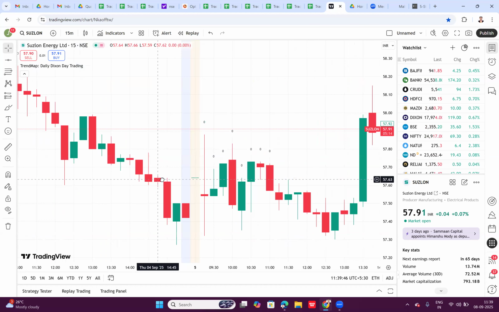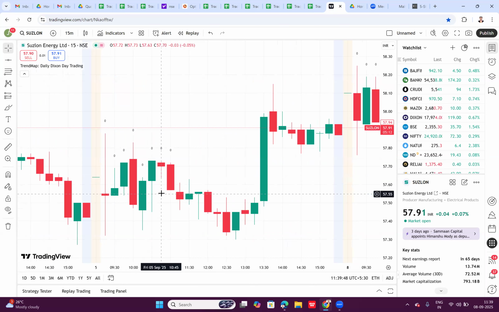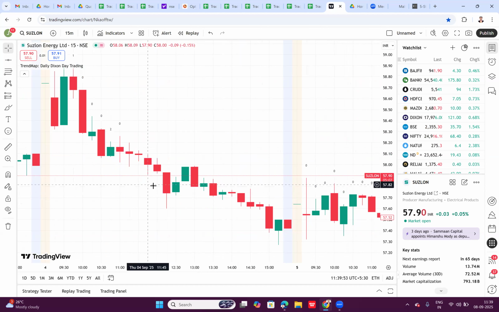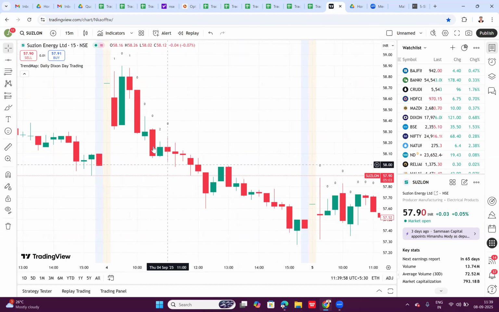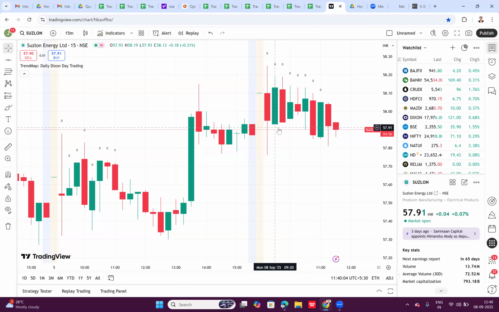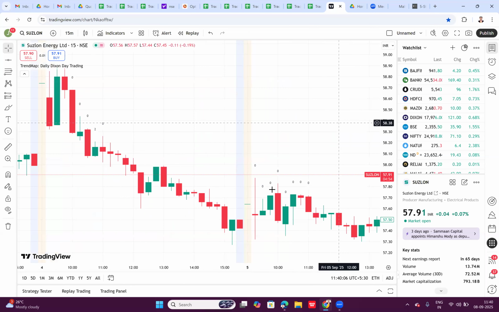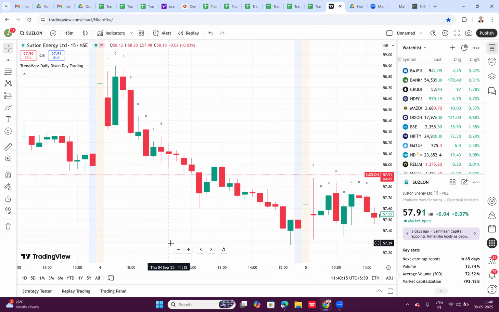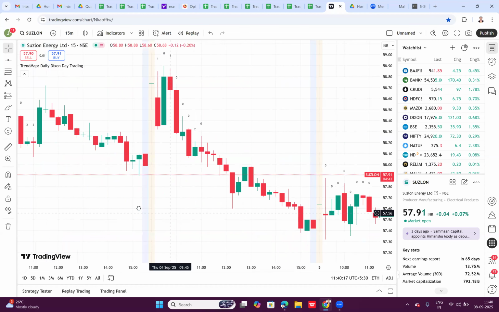Yesterday means Friday, right? On Friday also trade was not available. But on Thursday, we got a very good handsome trade in this Suzlon. Today, as per the rule of the Dixon indicator, trade is not available in Suzlon, and on Friday also not available. But on Thursday, this Suzlon provided very good handsome profit, because as per the Dixon indicator rule, always we have to